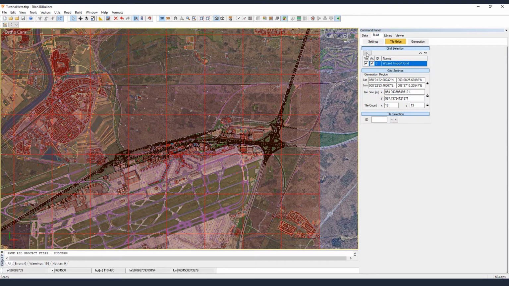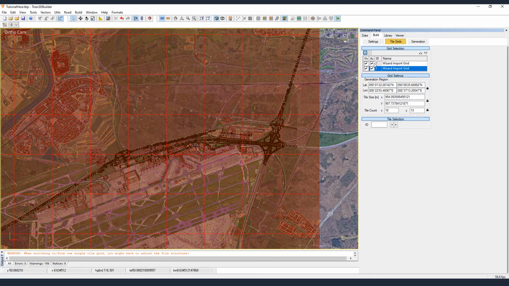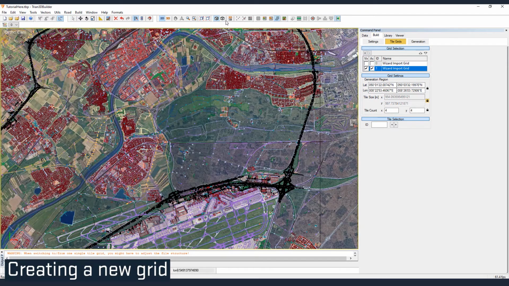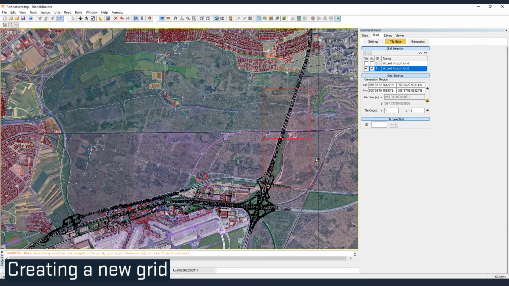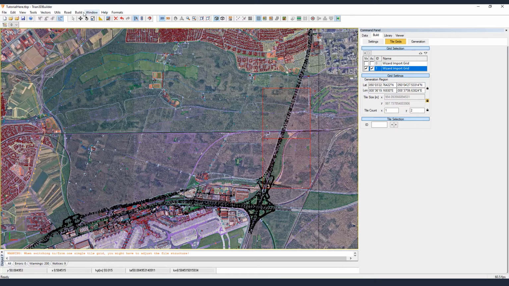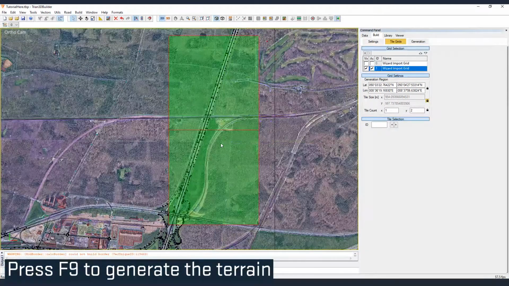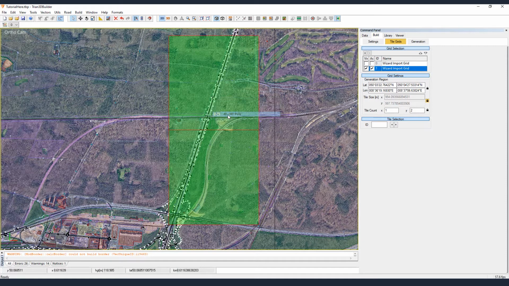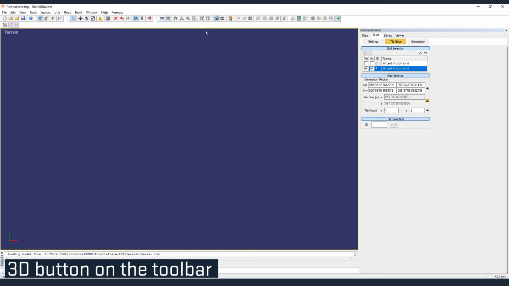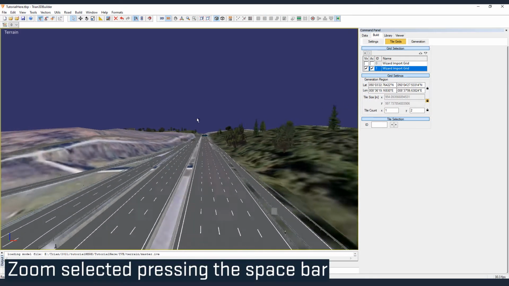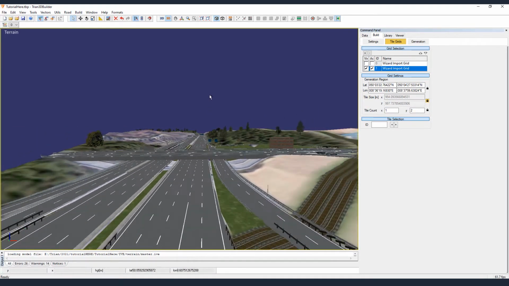So let's see how it looks in 3D. For that I will add a smaller grid and I deactivate the old one and draw it on the viewport. So yeah, that could be a good area to show, and press F9. So okay, now I will select something here. That's a little trick. I select it in element mode and then I go to 3D. So when I press zoom selected, I will jump into that area.